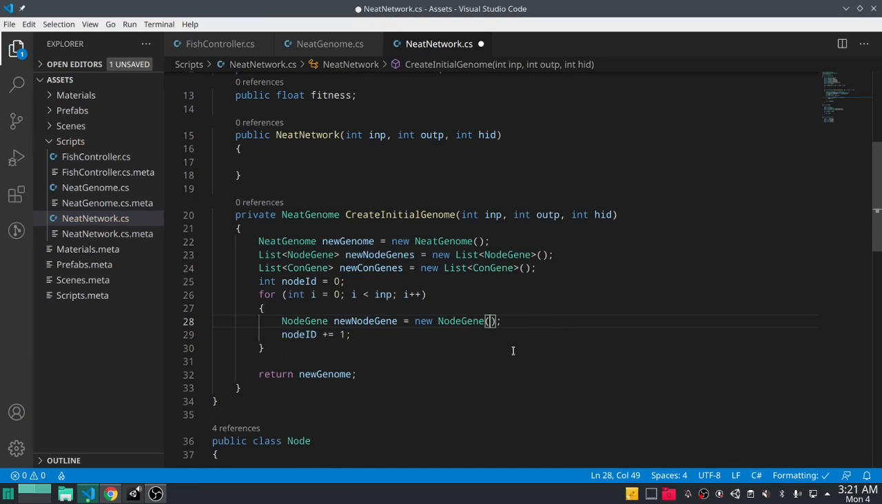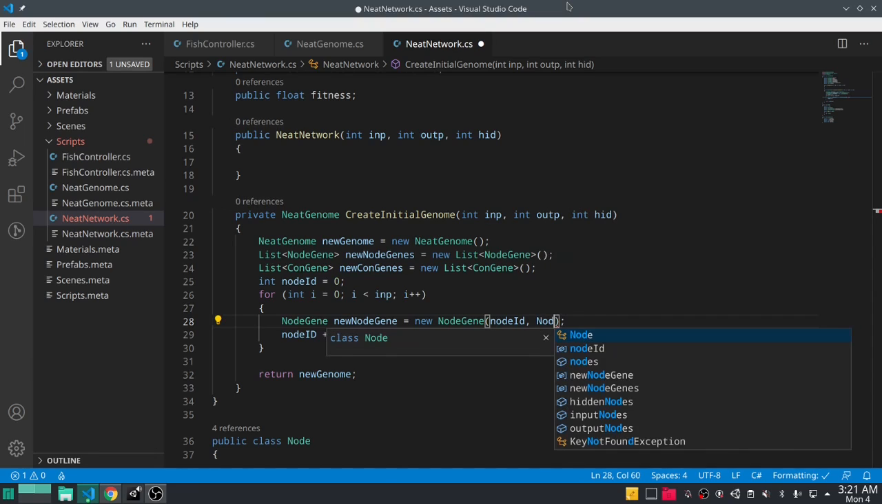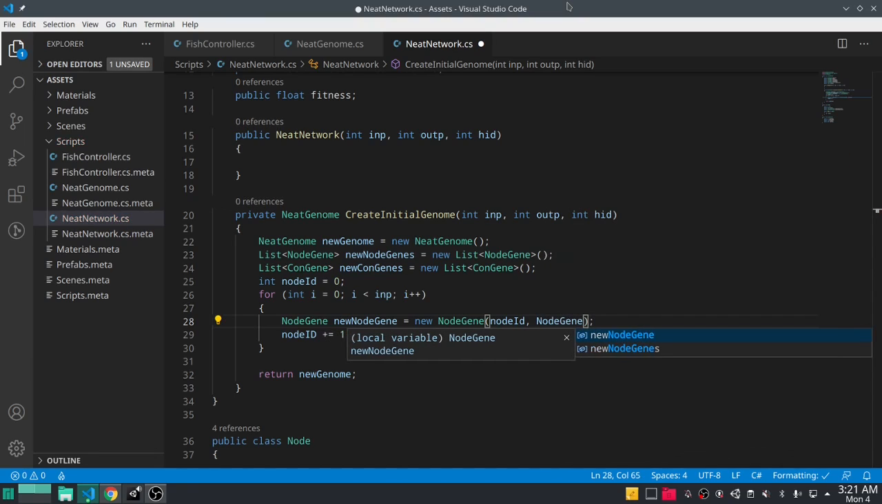So now we can have node ID start. Node ID will start from 0 and then work its way up. Then we're going to get the type. When we're getting the type from an enum within an object, we have to reference the object, and then